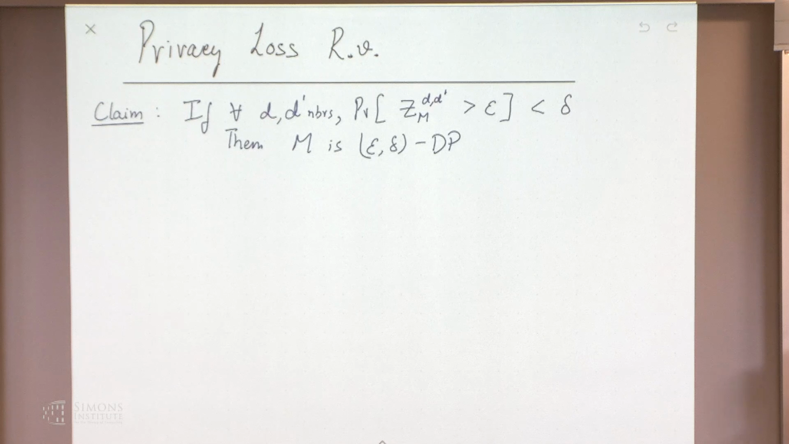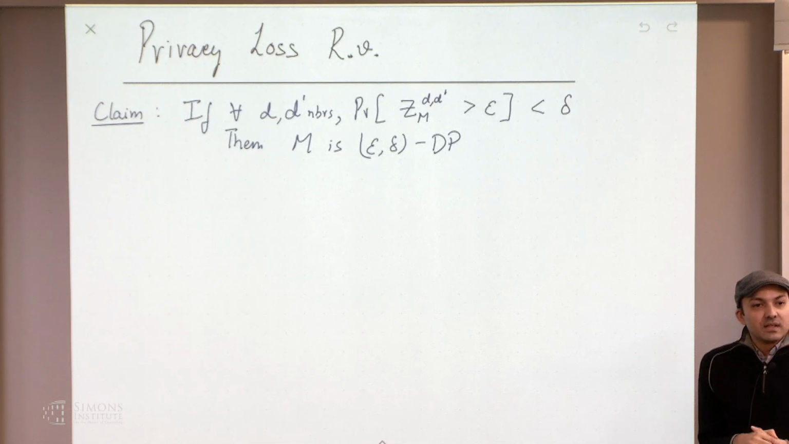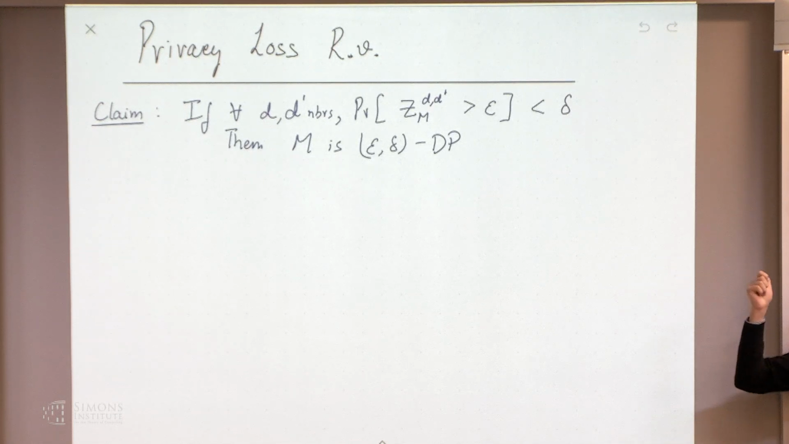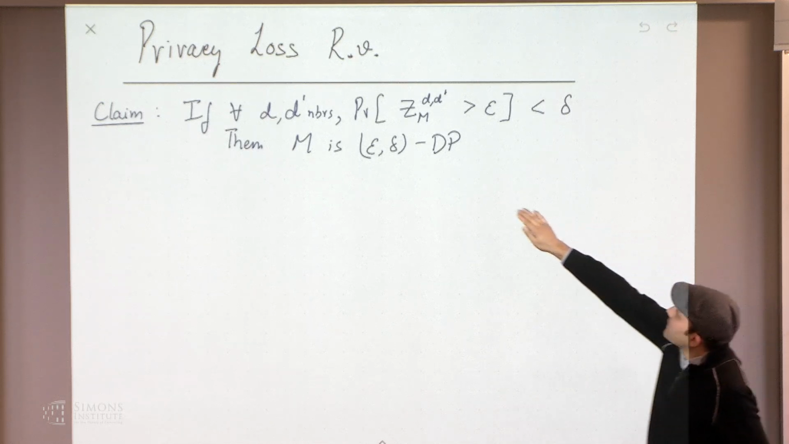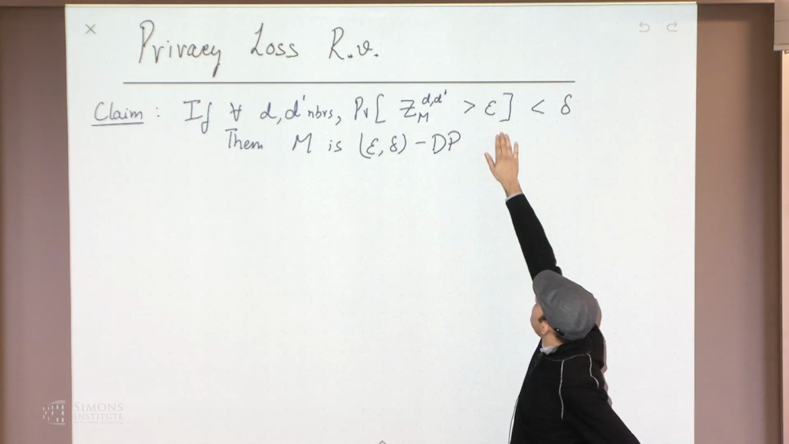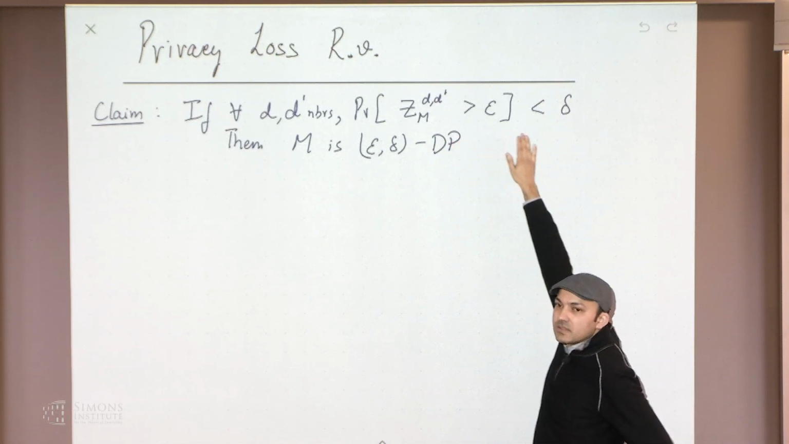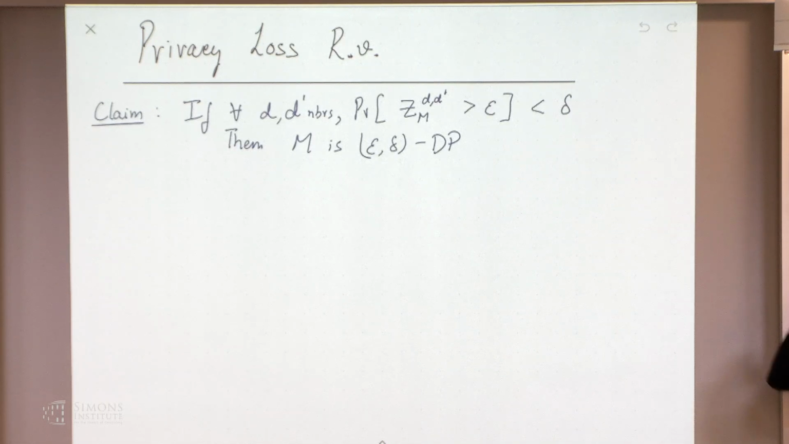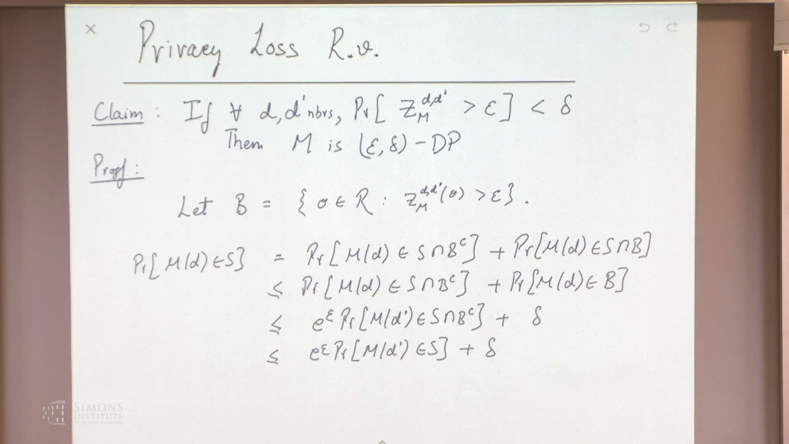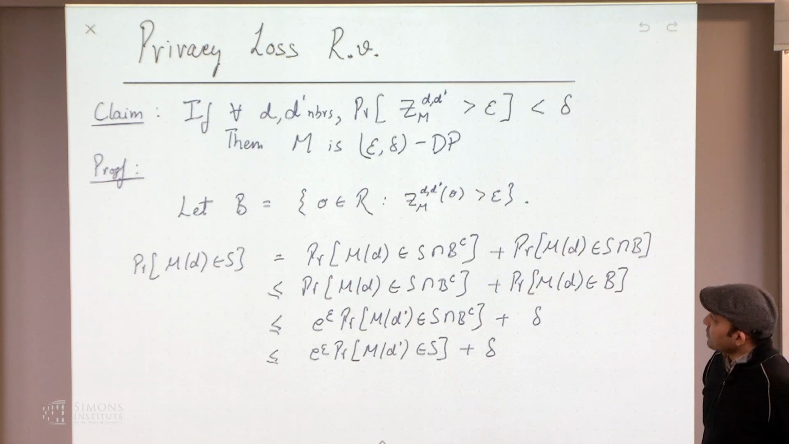And epsilon-delta differential privacy talks about the tails of this random variable. It says that the probability that this random variable exceeds epsilon is at most delta. So this is not obvious, so let's give a proof. Okay, so